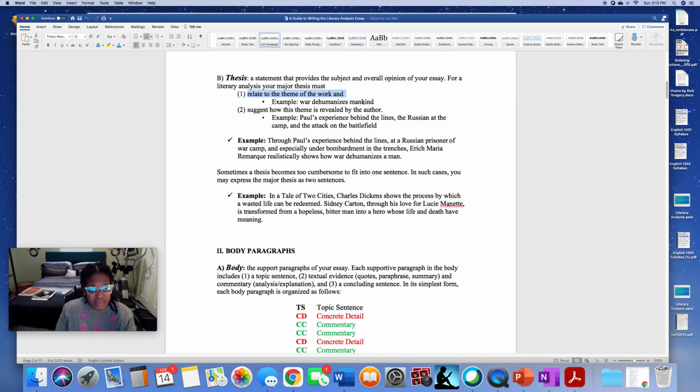That is the theme that you're saying this story covers. So not only do you take that theme, but you have to add to and suggest how that theme is revealed by the author. Now that theme is going to be revealed either with what we have: setting, character, or a point of view,